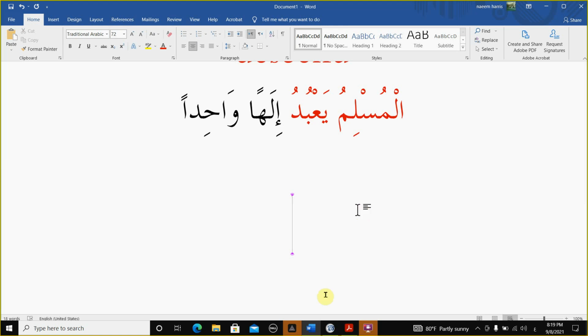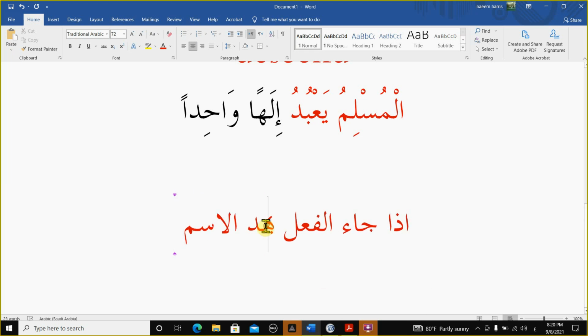If the verb comes after the noun, it has to agree with the noun in two things. إذا جاء الفعل بعد الاسم عليه أن يوافق معه في شيئين. If the verb comes after the noun, then the verb has to agree with the noun in two things.